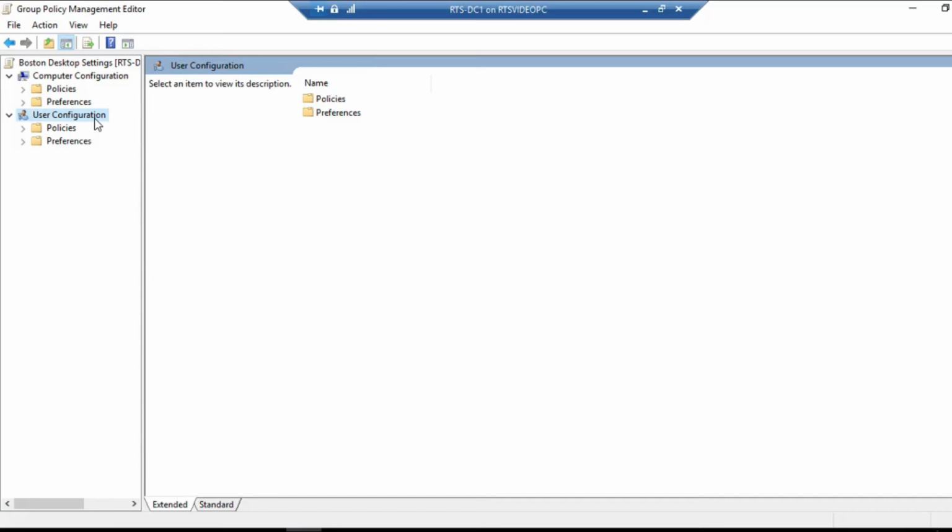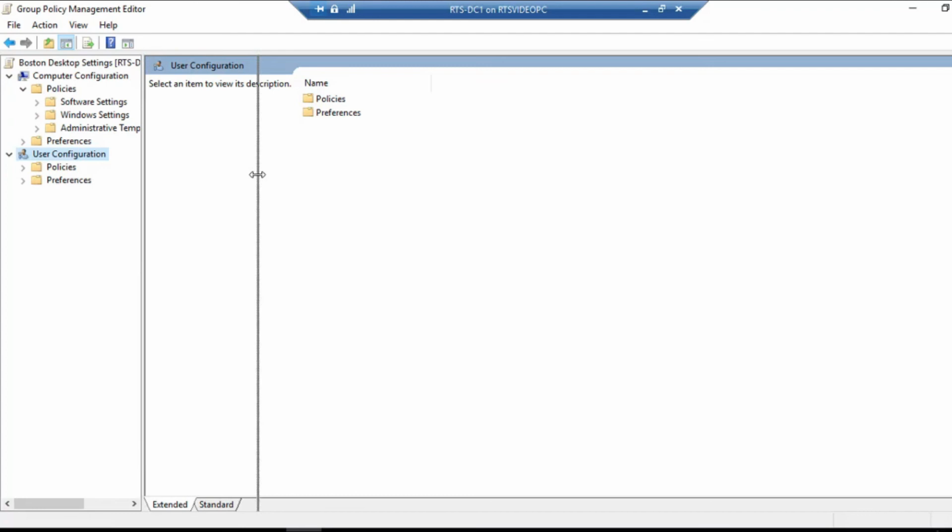If my user uses a laptop and a desktop, when they authenticate from either of those machines with their user account, they will get the same user configuration settings. For example, if I've mapped a network drive under user configuration, it does not matter what computer in the domain my user authenticates from, they will have the same mapped network drive. On the other hand, under computer configuration, well, to take a look at just a possible setting,